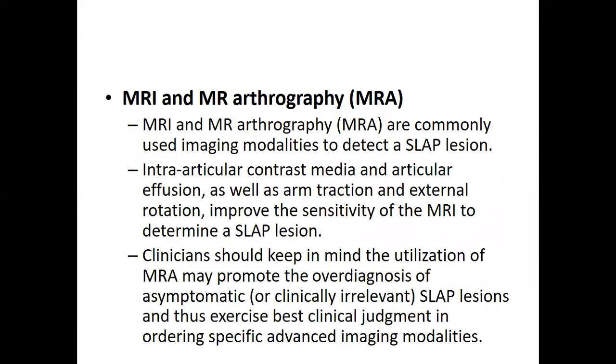MRI or MR arthrography. MRI and MR arthrography are commonly used imaging modalities to detect a SLAP lesion. Intra-articular contrast media and articular effusion, as well as arm traction and external rotation, improve the sensitivity of the MRI to determine a SLAP lesion. Clinicians should keep in mind that the utilization of MR arthrography may promote the overdiagnosis of asymptomatic or clinically irrelevant SLAP lesions, and thus exercise prudent clinical judgment in ordering specific advanced imaging modalities।